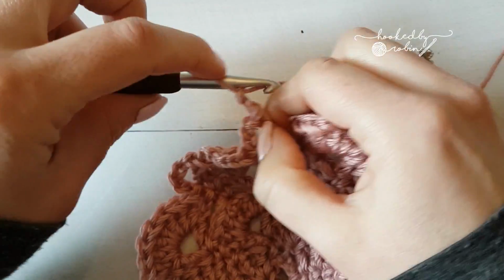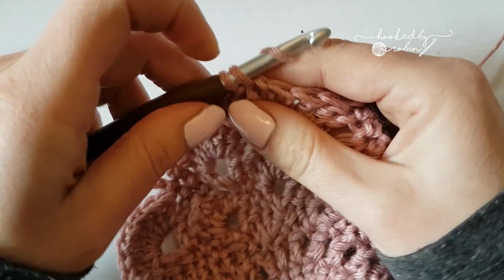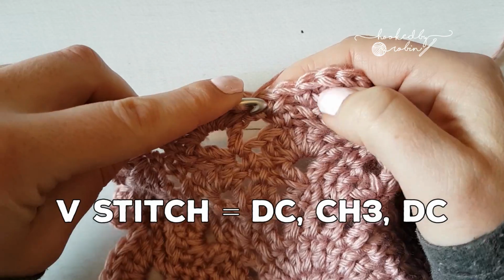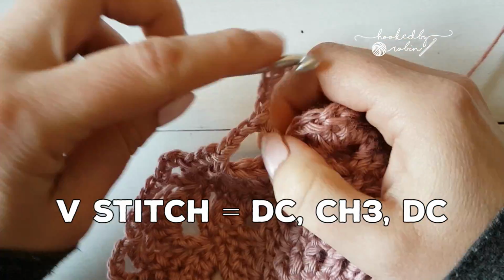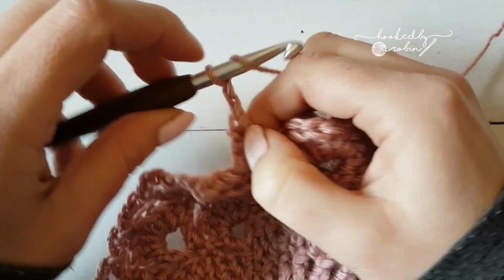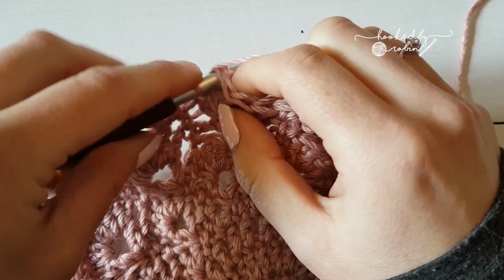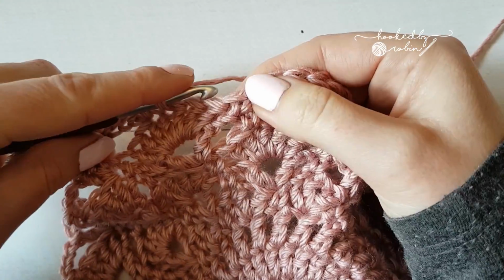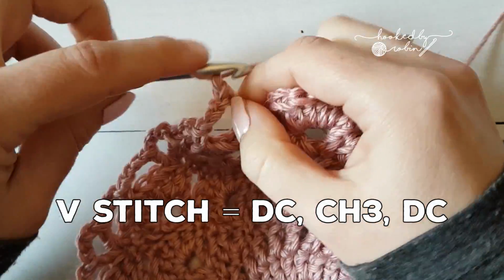Chain 3, single crochet into the 4th double crochet from the round below, chain 3, V-stitch into that single crochet from the round below. Chain 3, single crochet into your 4th double crochet from the row below, chain 3, V-stitch, which is double crochet, chain 3, double crochet all into that single crochet in the row below,